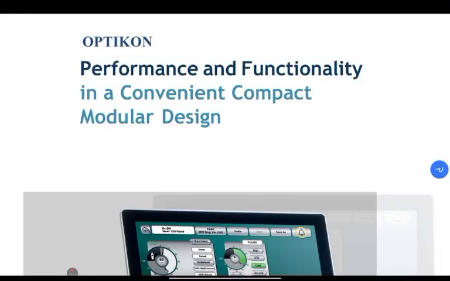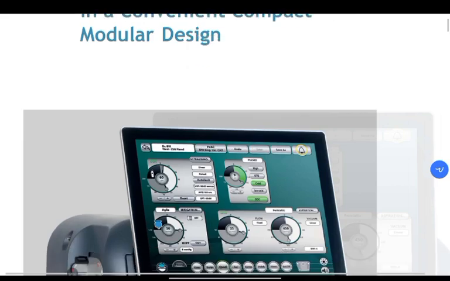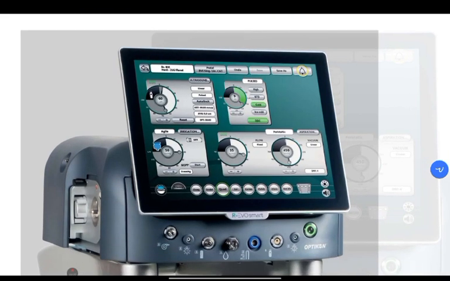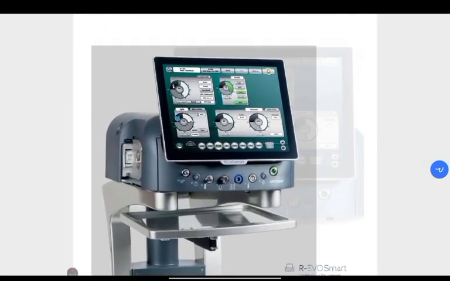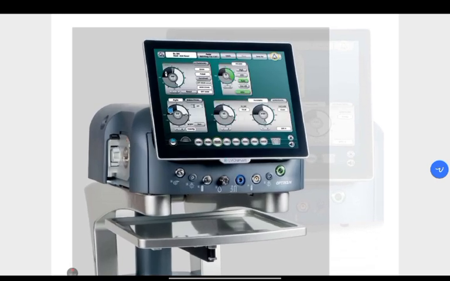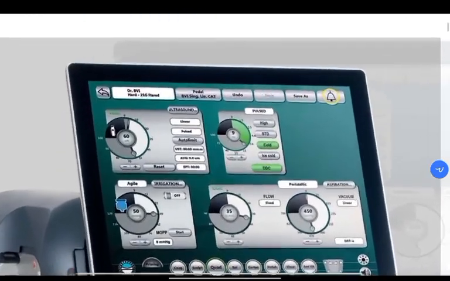Friends, today we'll discuss a very important ophthalmic machine, Optikon. So friends, as you can see in the picture, Optikon is a machine that is performed and functional in a convenient, compact, modular design. So you can see the picture of the machine, how it looks like, and we will highlight some points of